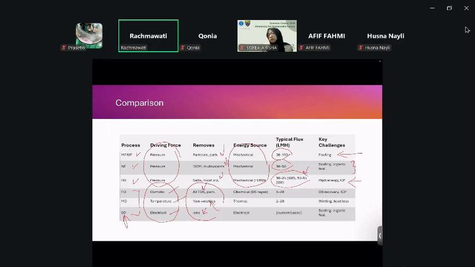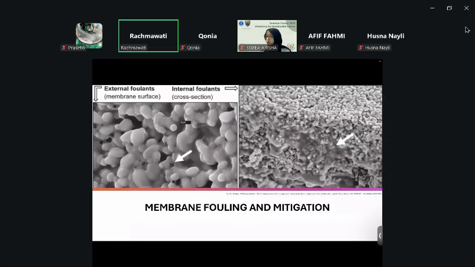And then the energy source here is chemical, thermal, and electrical. And then you can also see that the flux is not too much. But then you have another challenge here, such as the recovery, the heat loss, or the scaling due to organic fouling. So now, after you learn about the membrane, the technology, the process, the design, now we come to the